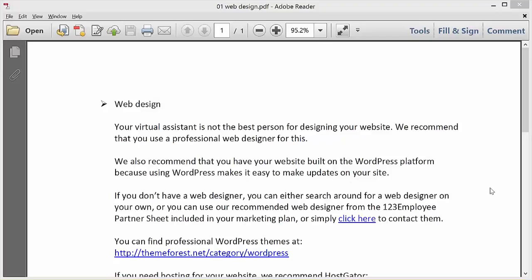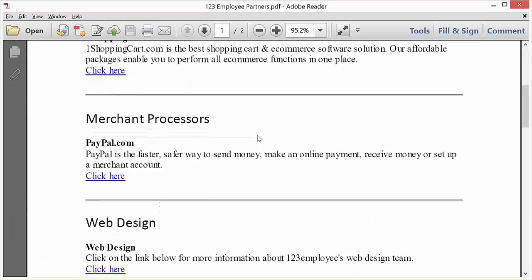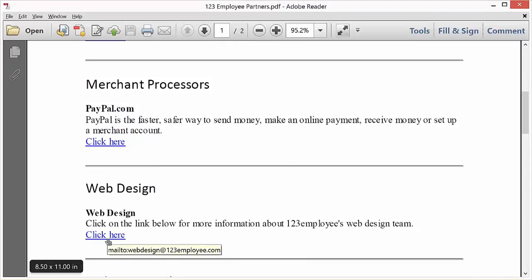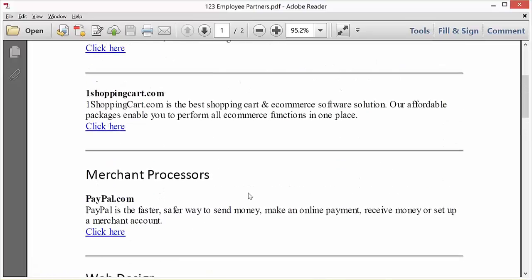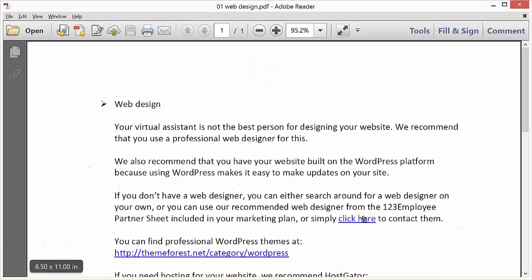If you don't have a web designer, you can either search for a web designer on your own, or you can use a recommended web designer from the 123 Employee Partner Sheet included in your marketing plan, or simply click here to contact them. So let me show you what I mean on the partner sheet. You can click this link and you can see it says mail to webdesign@123employee.com, and you can send an email to them to contact them through that link, or you can click here, goes to the same place, mail to